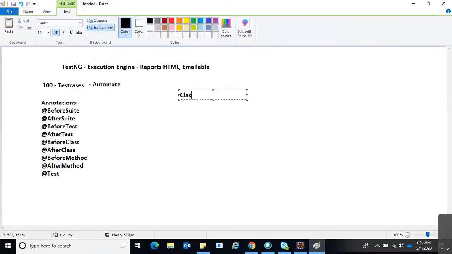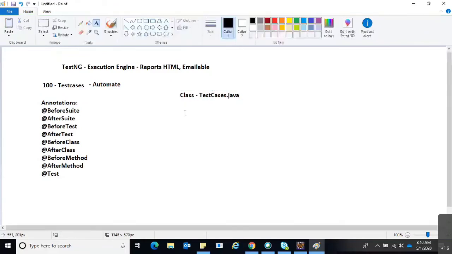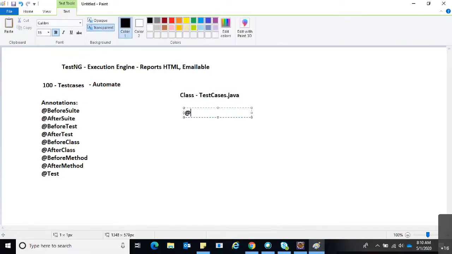I have one class file, that is Booking.java or some TestCases.java. In that, I'm going to mention @Test and public void login.